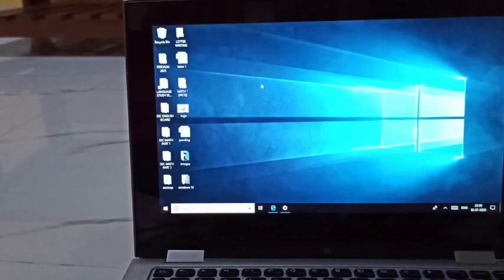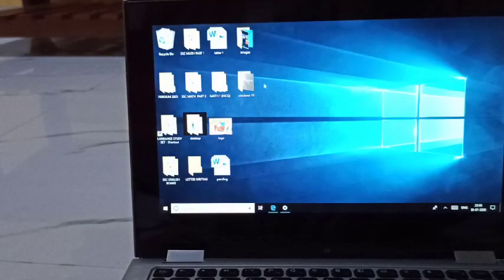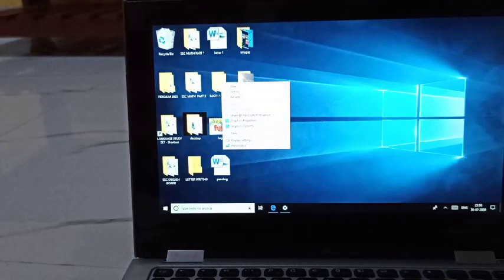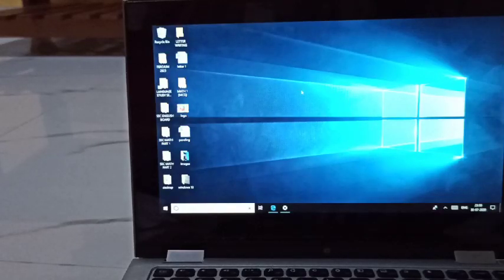Again one more option we will see. Now see, all these small icons are there. If you want to change the size of these icons, again right click here. There is a view option, right? See here, the large icon option is there. So in this way you can change the size of your icons also. If you don't like this, again come to the medium icon. See again. So in this way, whatever we covered today: desktop and screen, right?